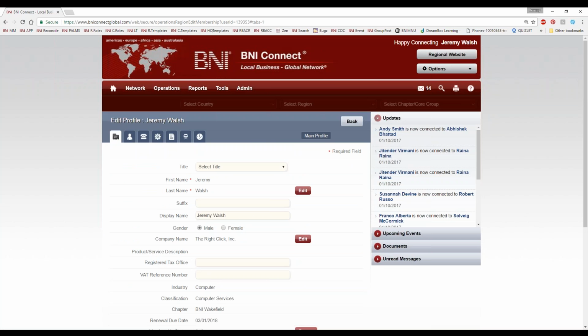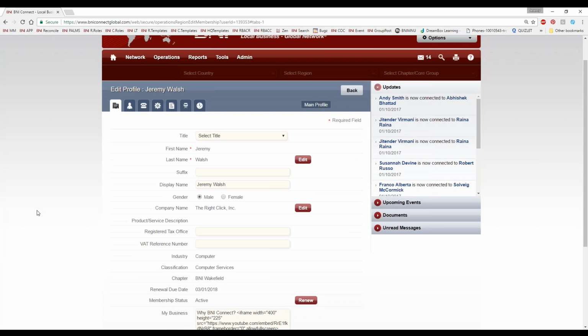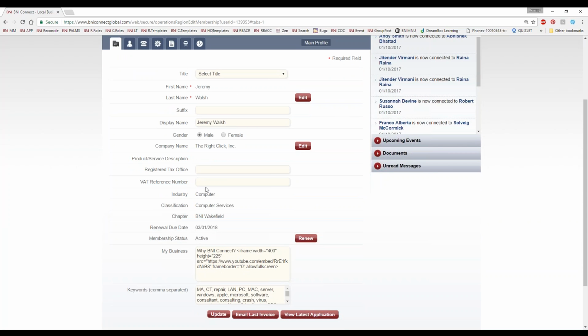So let's take a look at what's on each of these pages and what you need to fill out and what even can be filled out. So first page, again, most of this is basic information. A lot of this you can't change. For example, your company name